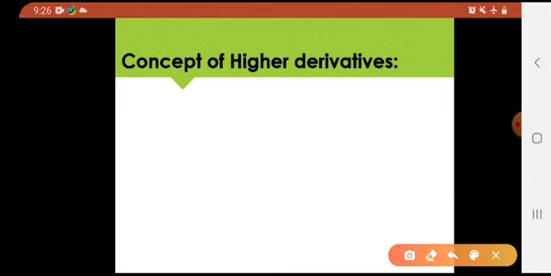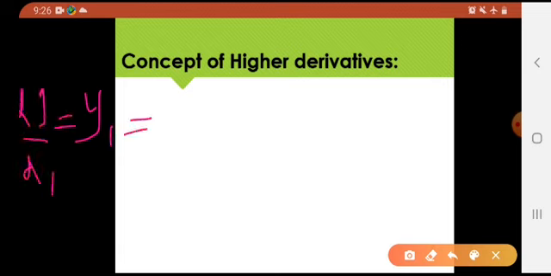Bismillahirrahmanirrahim. So welcome back with the next topic, concept of higher derivatives. Higher derivatives, as I told you people previously in the first slide, what are higher derivatives? For example, if I have found first derivative, which is dy by dx, which we will be calling y1 from now onwards. So that is the first derivative, right? Higher derivatives का मतलब है not the first one but the second or third or fourth or so on, right?